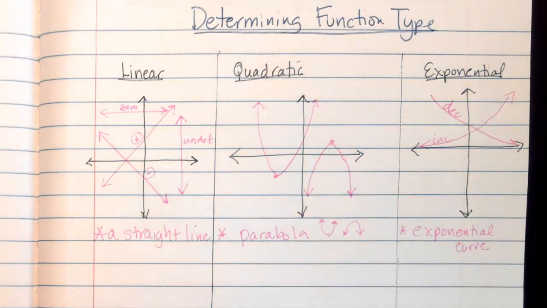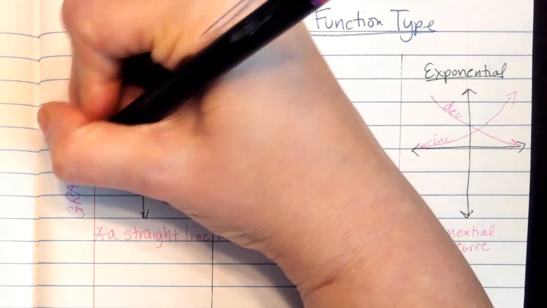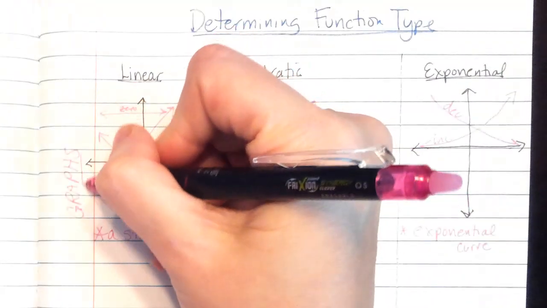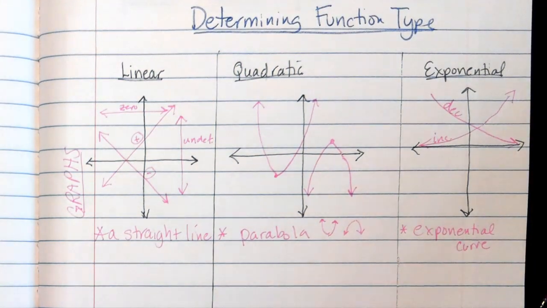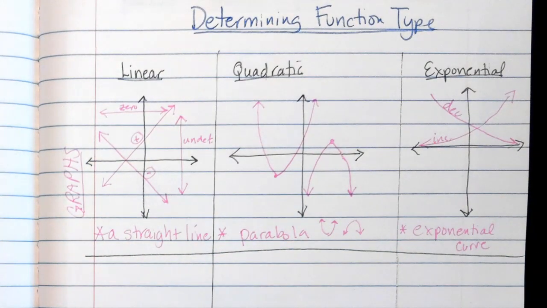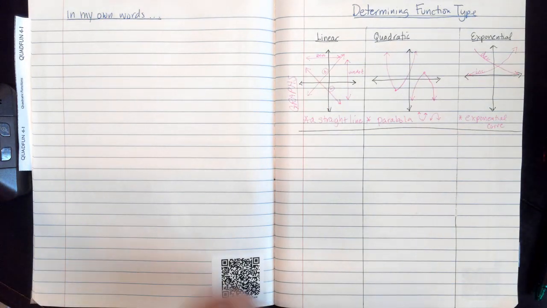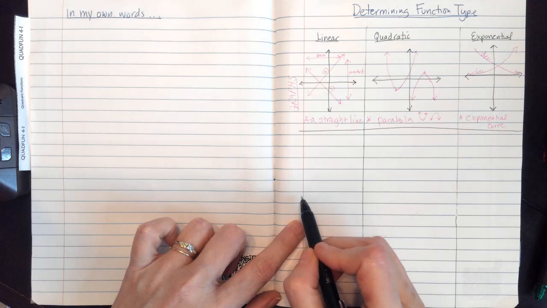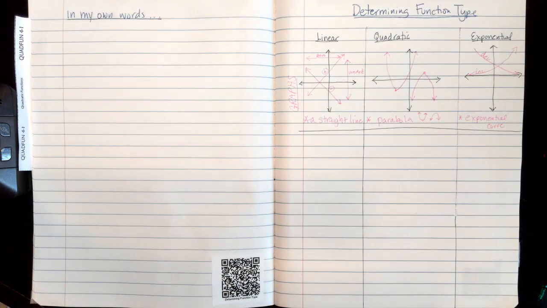So that's graphs. I'm going to go ahead and write graphs over here. I would hope that you wouldn't need to, but if you want to, go right on ahead. Once you're done with that, draw a line. Again, remember we need to save room for 2 other categories. So let's go ahead and scooch on. Let me zoom out so you can see how much room I use there. We want to save a fairly decent sized chunk for the bottom. So let's zoom back in and let's talk about